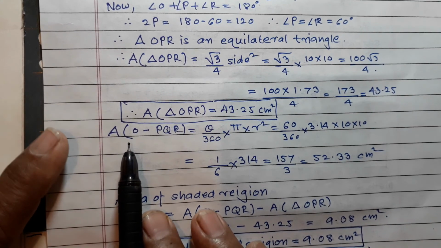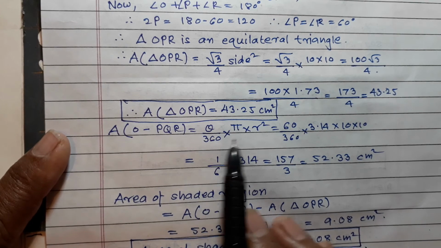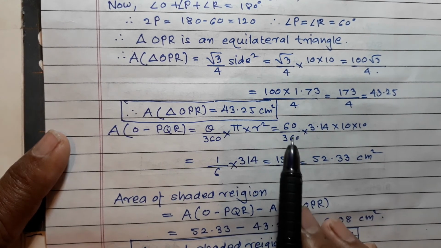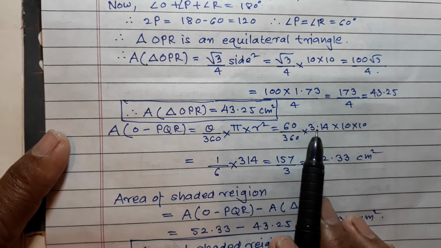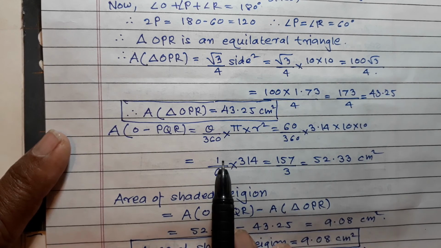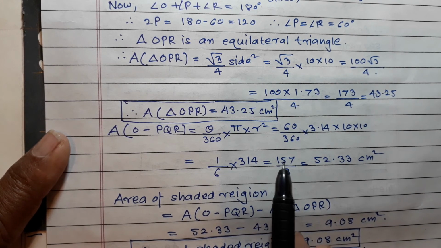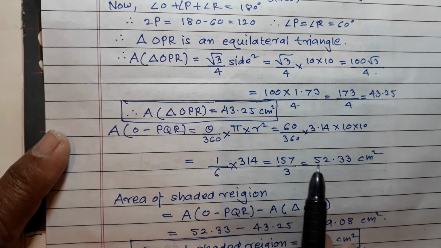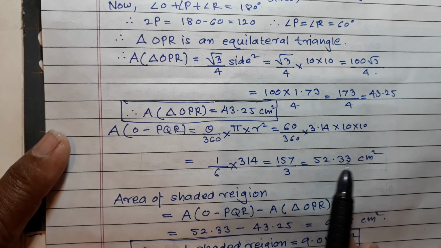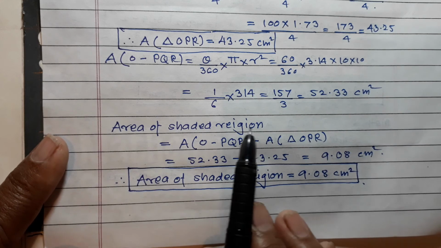Now area of sector O-PQR is equal to theta upon 360 into pi into r square, which gives you 60 upon 360 into 3.14 into 10 into 10, so is equal to 1 upon 6 into 314 gives you 157 upon 3, and if you simplify this you will get 52.33 cm square,